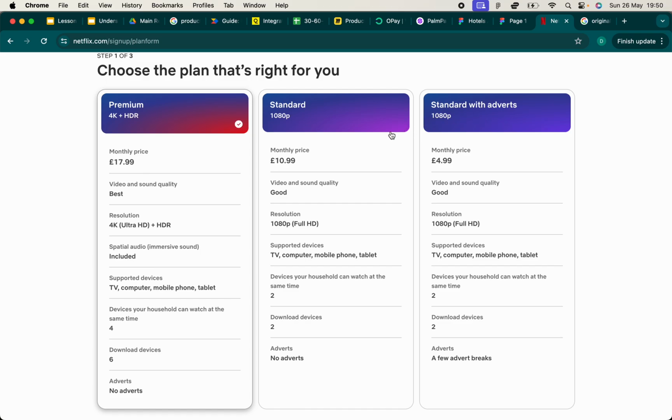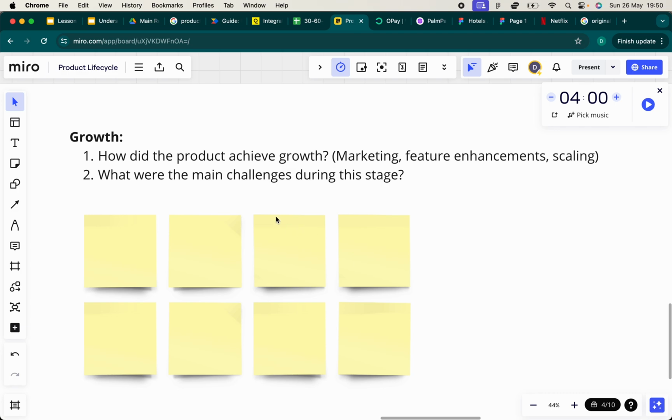People that hate adverts will only subscribe to either standard or premium. And then people that want to see a clear picture, so 4K plus HDR, this is what they will subscribe to. This is still clear, but it's not as clear as this. So there are multiple features depending on the product that you sign up with. Yeah, so that's how they achieve growth.